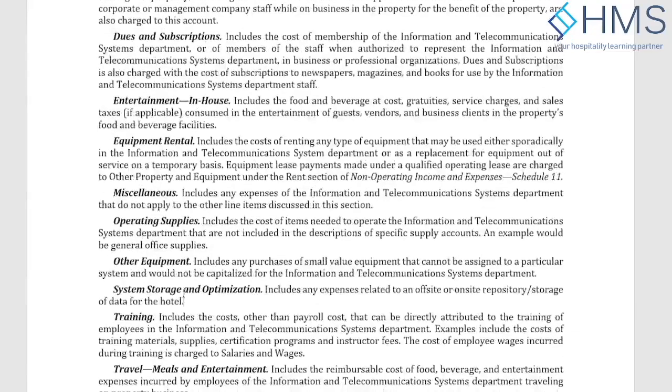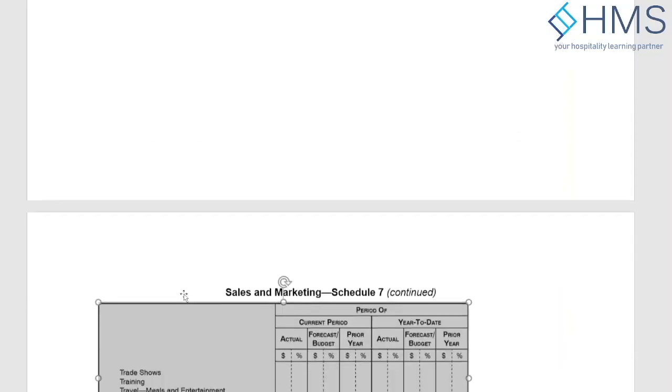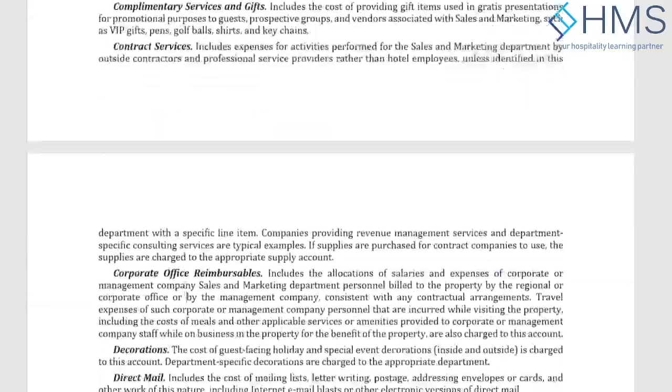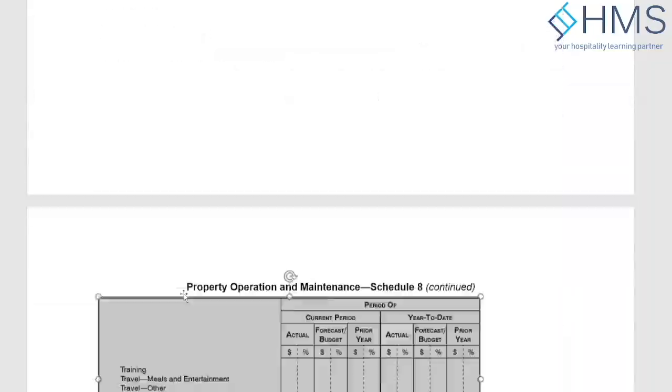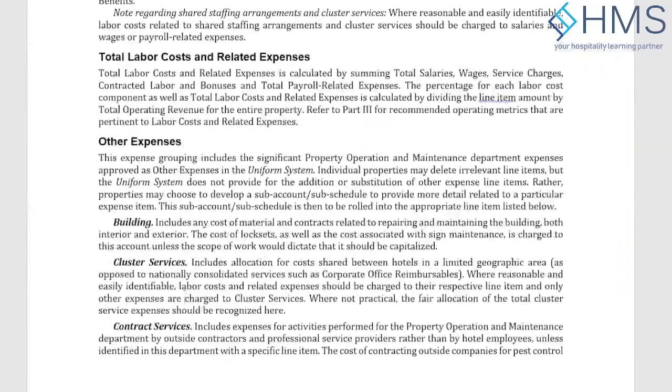HACCP and OSHA are usually taken care of by the engineering department, and LEED is also taken care of by engineering department, because there is a lot of repair and maintenance needed to achieve the minimum criteria of these things. So the cost of those audits and consultancy is charged to the engineering department.